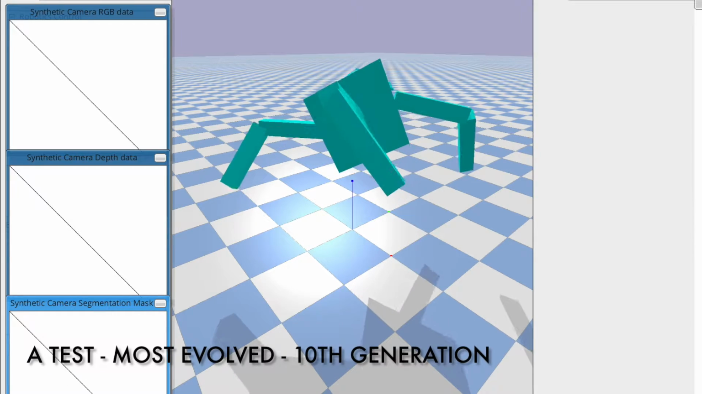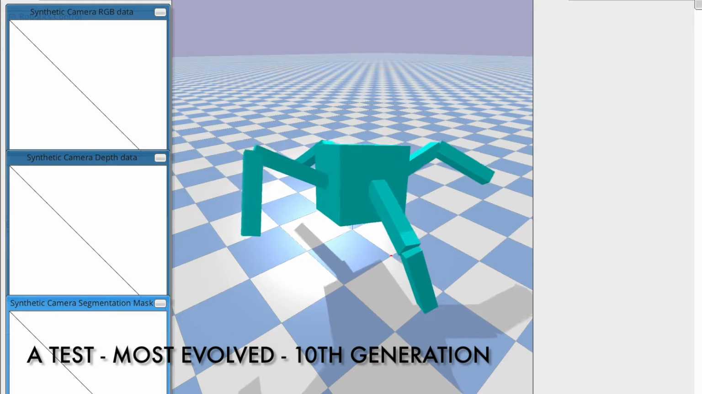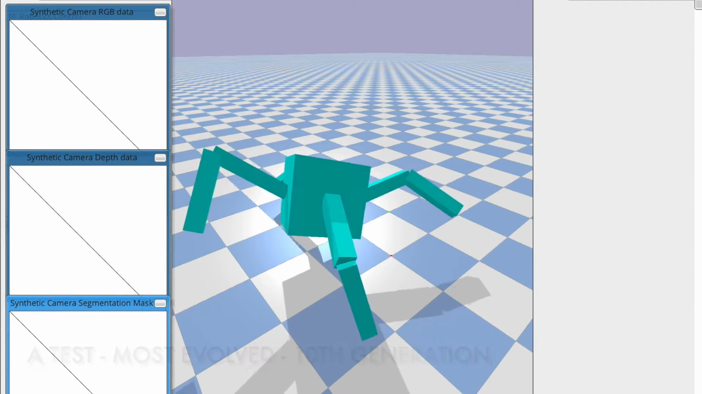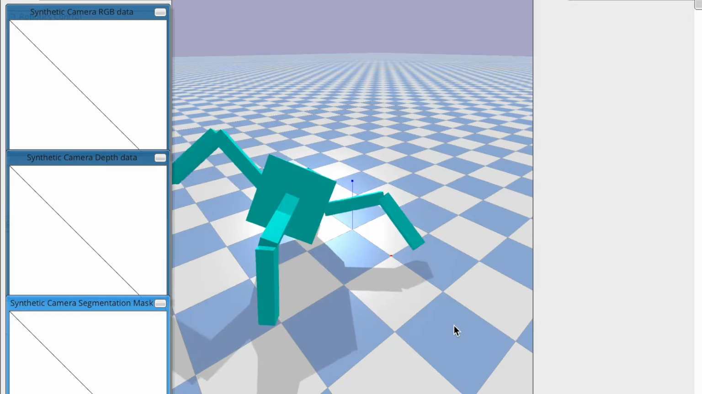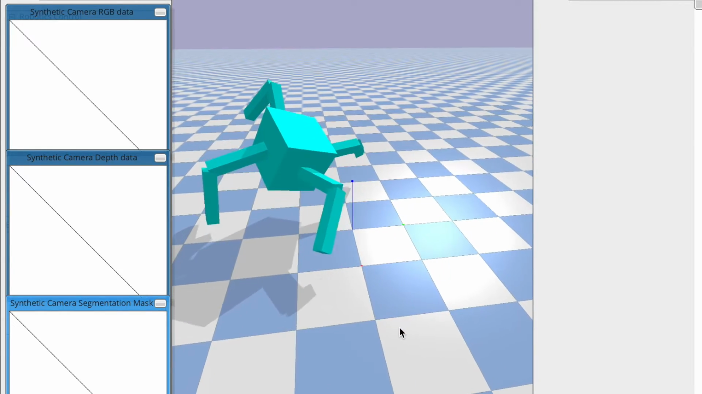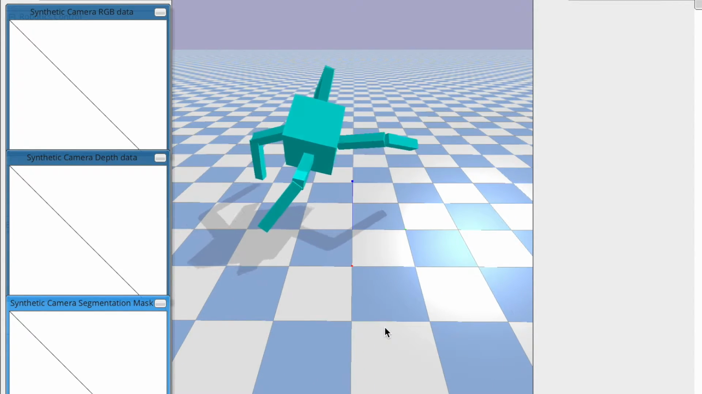So the next robot is the most evolved robot with the highest fitness from the A test, and you can see that its legs are beginning to work in unison to push the robot upwards in a coordinated fashion. It is super important for the legs to all push off at the same time as to not flip the